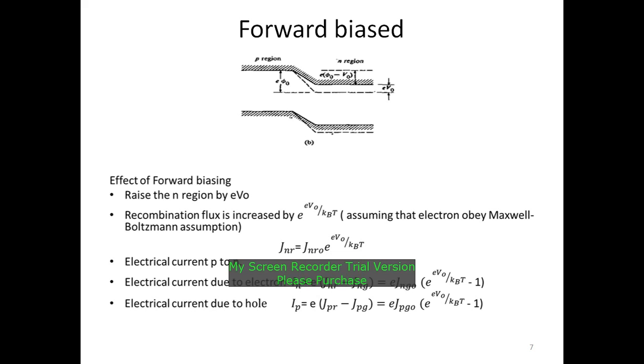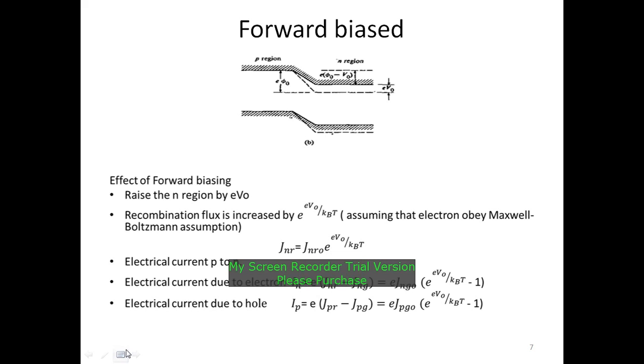So this one will make the diffusion more quickly. What we see here is that the n side raises by eV0, and the recombination flux is increased by the exponential function here, and this exponential function is assuming that the electron obeys the Maxwell-Boltzmann assumption. So the electrical current flows from P to N side,